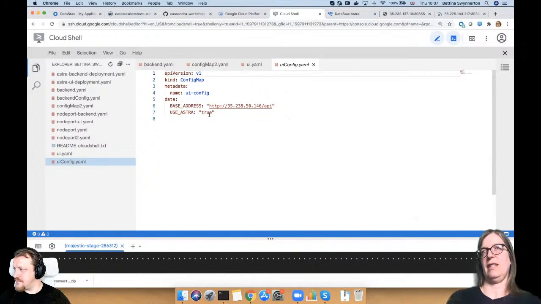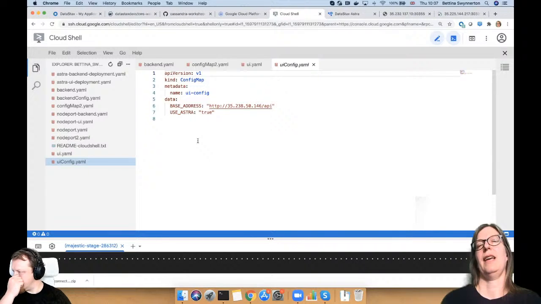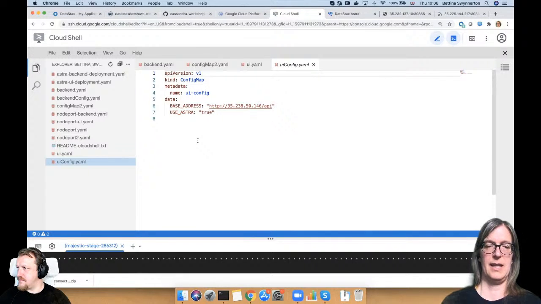Right, okay, so let's do this. We want to first apply the config map for the backend. Then we want to create the deployment, and then we will use the Google console UI in order to expose the deployment and create the necessary services so we can address them externally without having to use a node port. So let's do that.